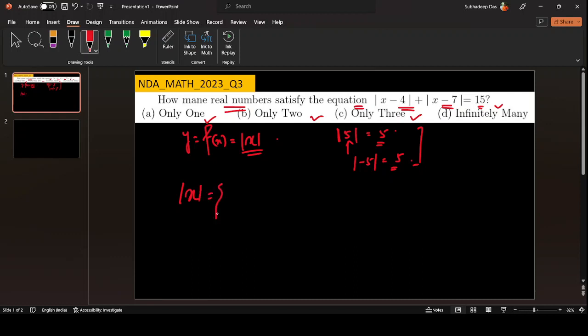The definition is: if x ≥ 0, then |x| gives us x, and if x < 0, that is for the negative values,